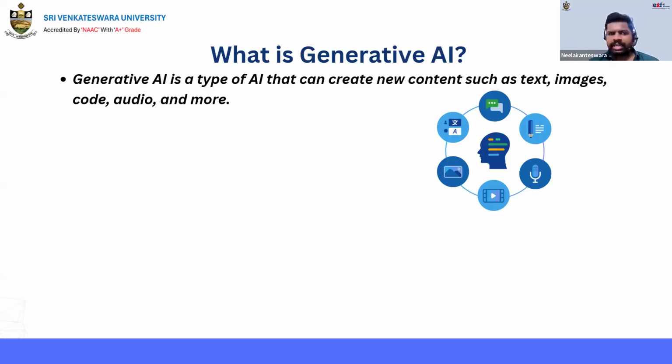If you take examples like ChatGPT, Perplexity, Gemini, Grok, or you have some more things also, Notebook LM or Google AI Studio, these are all powered by generative AI. That means if you check ChatGPT, you can ask any questions, or if you want to prepare for any interviews, you can ask them, and they will guide you on how to prepare for the interview.